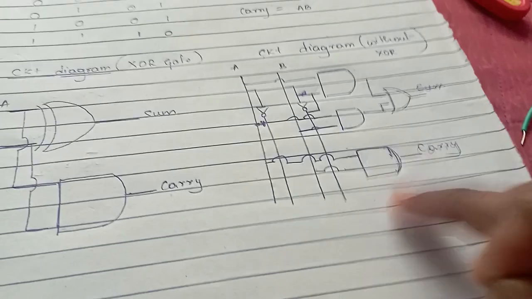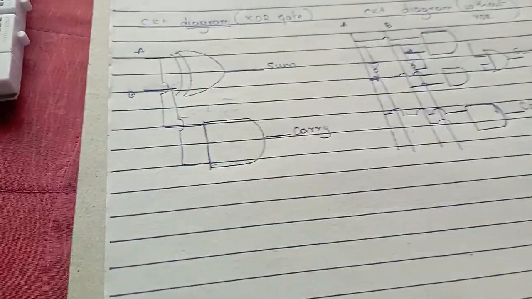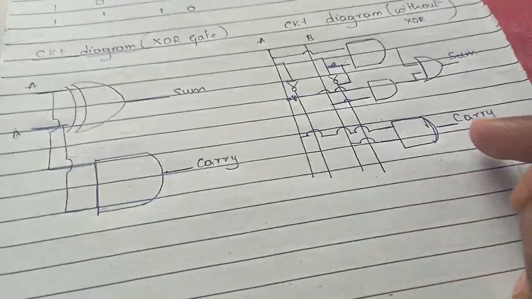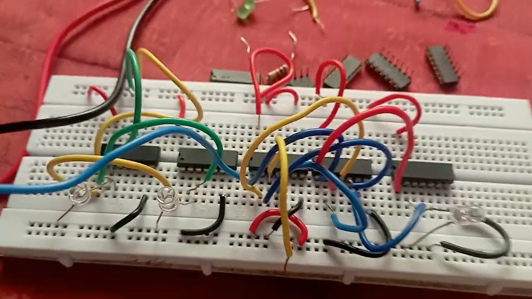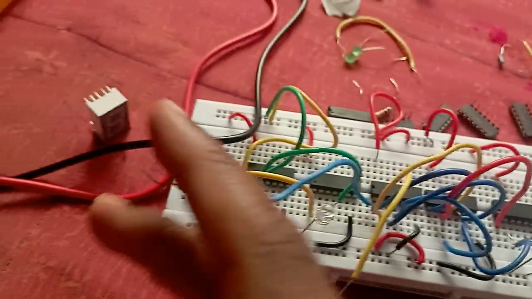Now the connection for the carry we have to do. The connection for the carry in this circuit and the earlier circuit is the same. We are just going to take A and B as inputs for an AND gate and we will get a carry. So let us connect it. So A and B are at this place. This yellow wire is B and this